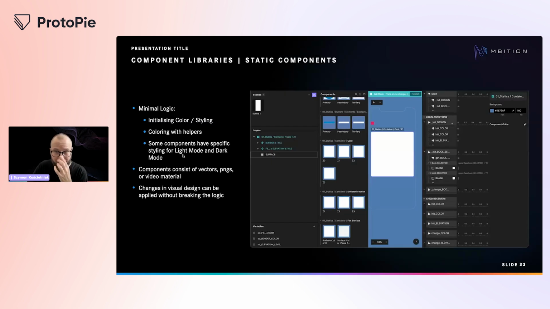Last one is the least complicated of all three in this block. From the static components block, static components in theory were supposed to have no logic, but since light mode and dark mode, it has changed a bit. Still, the main idea of this library is to store the basic assets such as backgrounds. We use different formats like PNG, SVG, ProtoPie primitives, Lottie, depending on the needs and performance. And the idea was to have assets that can be easily exchanged if needed or if design changes, without breaking the complicated logic.